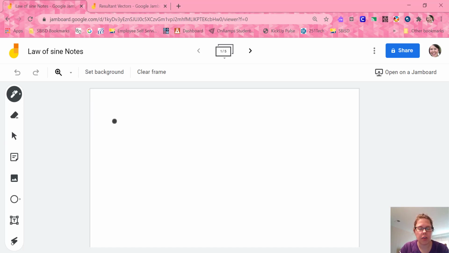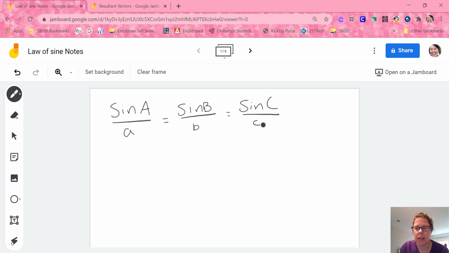Hey friends! So today we are going to learn all about law of sines. We are kind of moving away from the trig things, but sticking with it, though not necessarily on the unit circle anymore. So here we have sine of A over lowercase a equals sine of B over lowercase b, and sine of uppercase C over